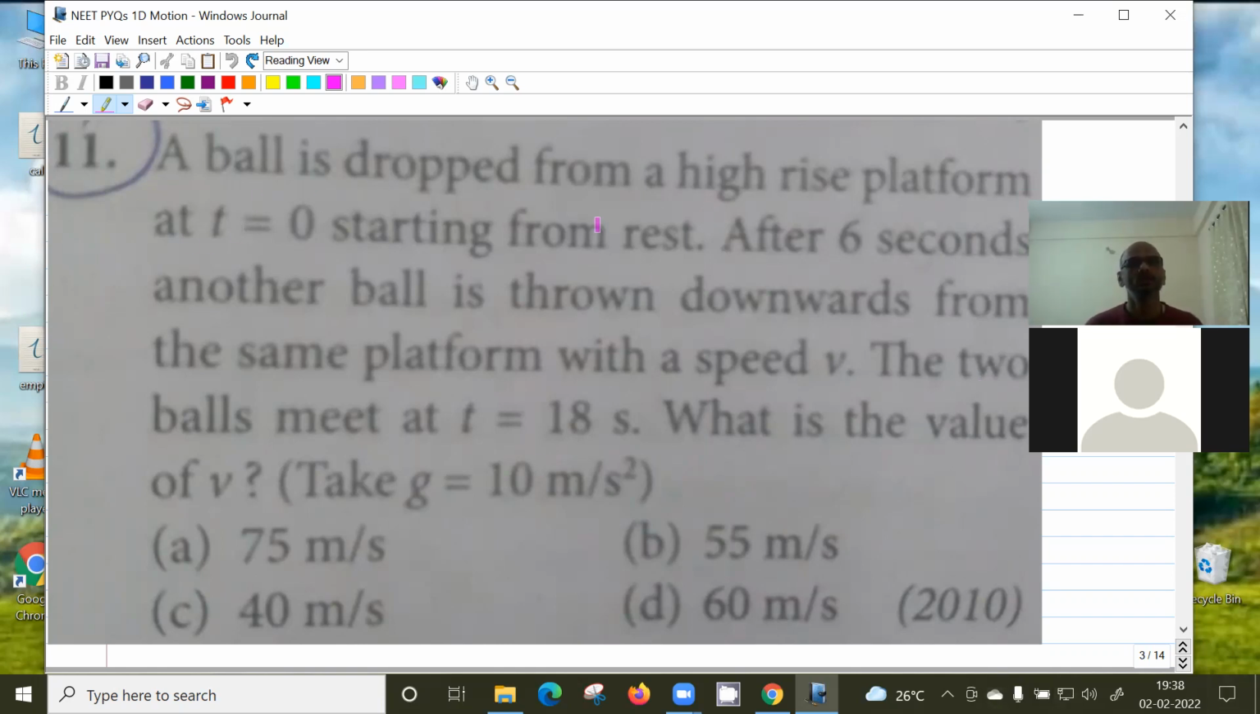So this question: a ball is dropped from a platform at t equal to 0 starting from rest, and after 6 seconds, a second ball is thrown downwards from the same platform with velocity v. The two balls meet at t equal to 18 seconds. What is the value of v? So how do you proceed with this problem? I have no idea about it. That's why I was saying. See,